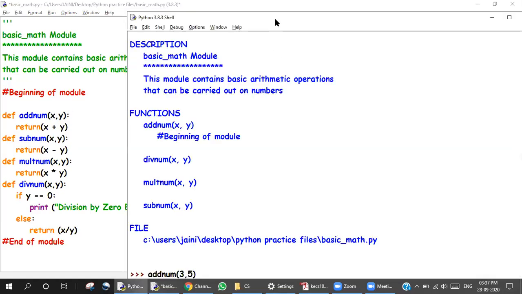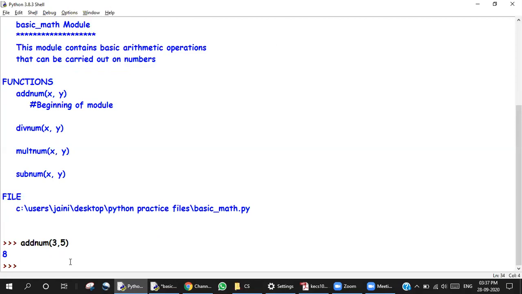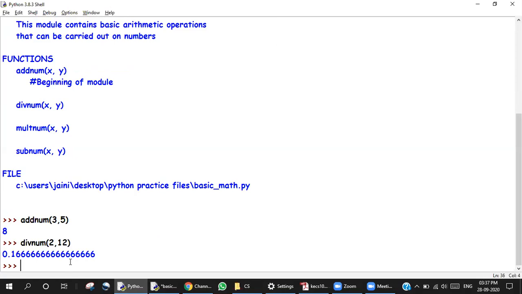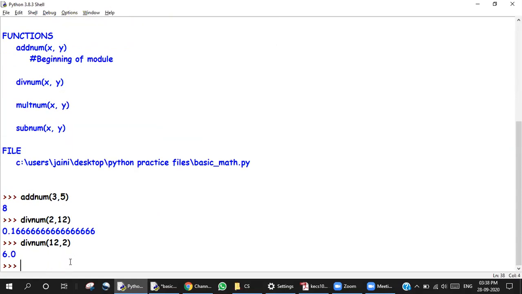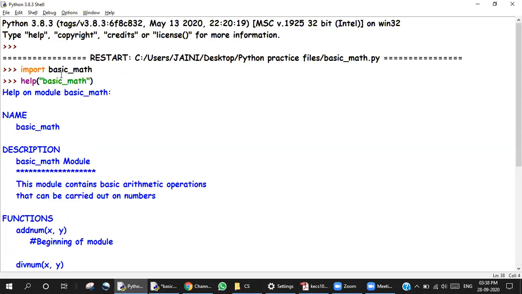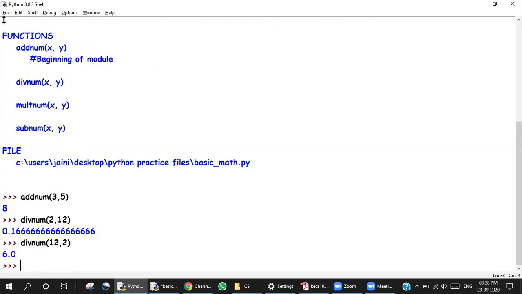All right, no problem. Then let's say division, so div num, let's say 12 and 2. Yes, it's working because I have imported the entire library, so I'm able to use it over here.